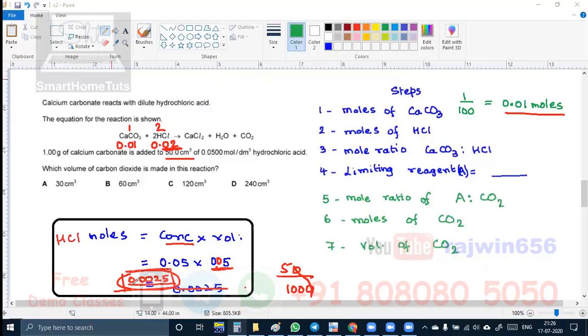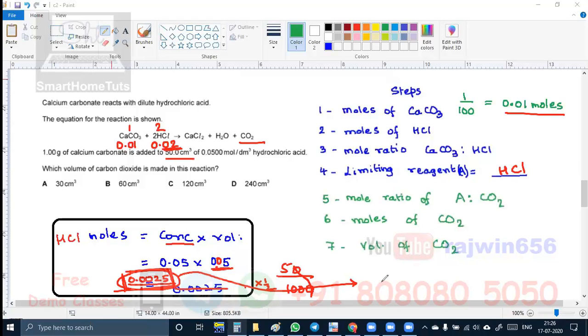Okay, sir, so my thing is correct, no? Yeah, I will just calculate that. So HCl moles is this much. Now CO2 I will have to take according to the limiting reagent. So the limiting reagent over here is HCl. The mole ratio of HCl to CO2 is 2:1. So moles of CO2 is going to become half of this. So this value 0.0025 will be multiplied by half.